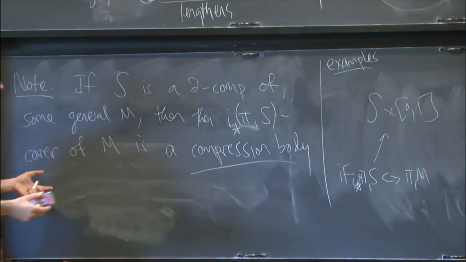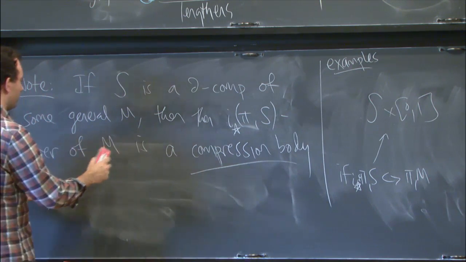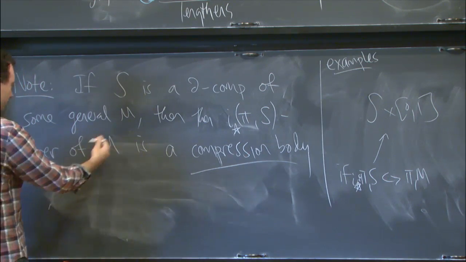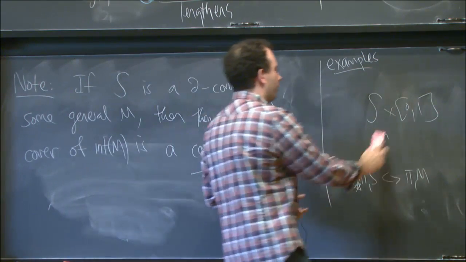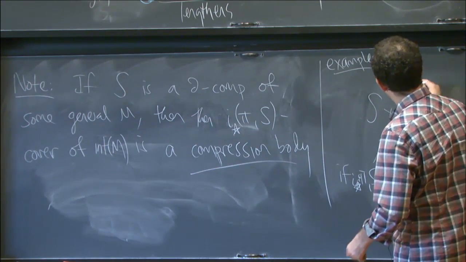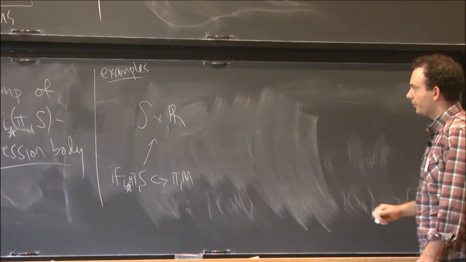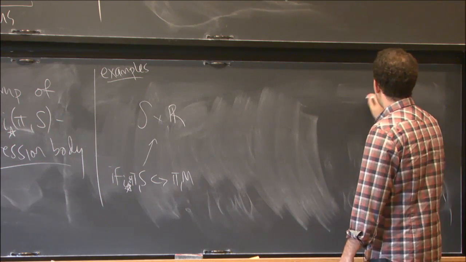I'm confusing M with its interior here a little bit. So let's take the cover of the interior of M, and then let me write S cross R. Okay, and so this is one example,